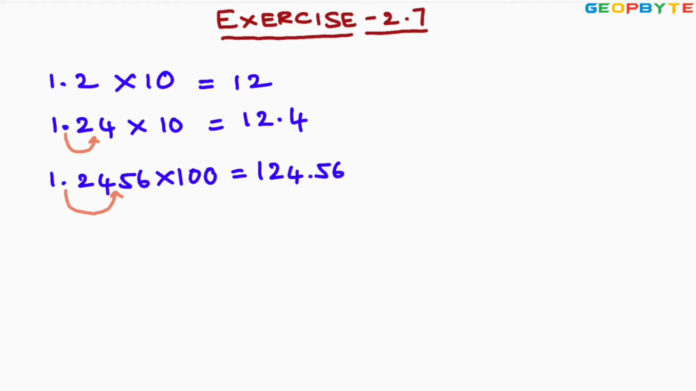Next, let us consider one more example. 1.2456 into 1000. Whenever we are multiplying any decimal number with 1000, the decimal point is shifting towards right by 3 places. Then it will be placed after 5. That means we are getting